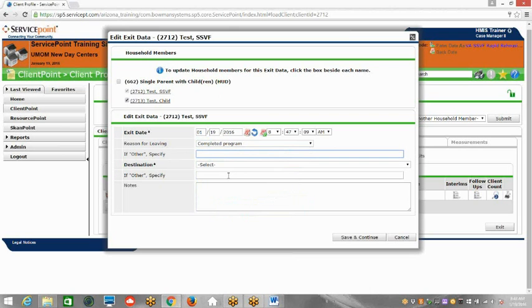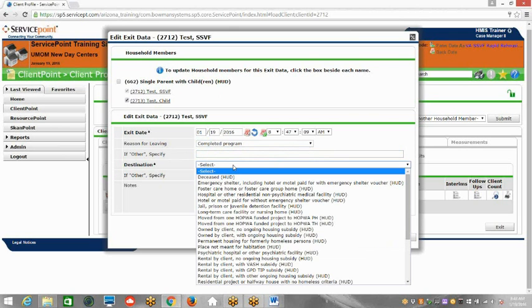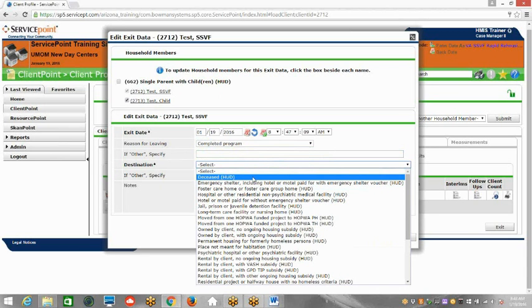Then the destination. Where will my client be going to? The VA considers client doesn't know, client refused, or data not collected as missing information, and this may count against you on your data quality reports. You should always strive to input a real destination whenever possible. So this pick list looks similar to the residence prior to project entry. So I'm not going to go through every single destination, but I am going to go over the ones that appear at exit only. So we have deceased,